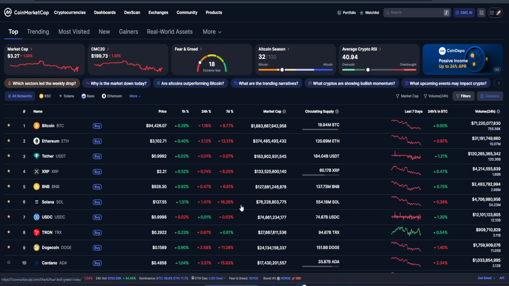That wraps up today's tutorial on how to check gainers and losers on CoinMarketCap. By following these straightforward steps, you'll effortlessly keep track of your chosen cryptocurrencies and stay informed on market